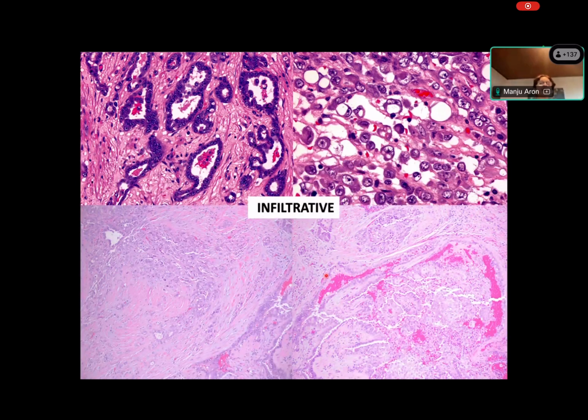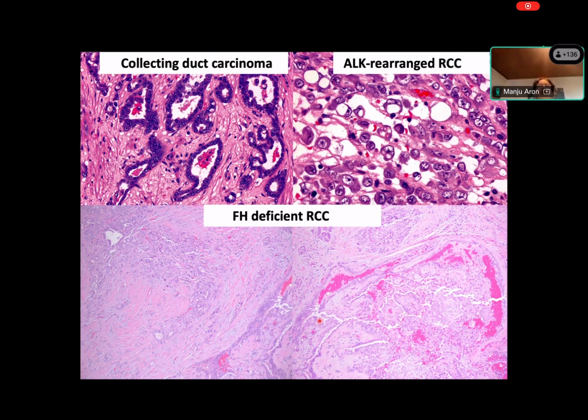Now here's an example of tumors which have this kind of infiltrative growth. Here you have these angulated gland-like structures or tubules which are infiltrating into this stroma, which is more sclerotic, hyalinized stroma. Here are cells which have very high-grade cytologic features, infiltrative, eccentric nuclei with some sickling of the RBCs in the background. Again, infiltrative growth pattern, more glandular, with some kind of papillary architecture, but again, it's all infiltrative, right? So these are examples of FH-deficient renal cell carcinoma, collecting duct carcinoma to your left, and ALK-rearranged renal cell carcinoma, which, as I mentioned to you, can be seen in a setting of hemoglobinopathy.